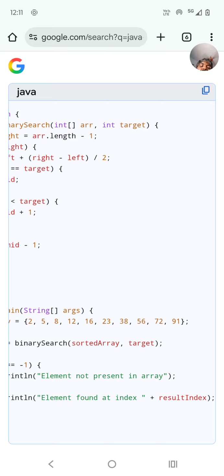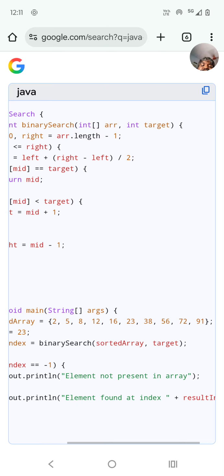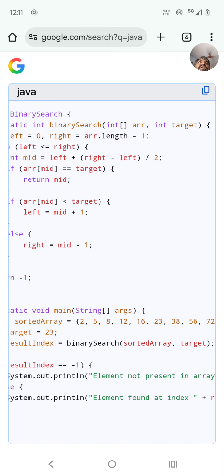If it is found, okay. If it is not found, I will go for the other half. So I will split things one by one. For example, if you take 20 numbers, in the first split I will get 10 numbers in the first half and 10 numbers in the second half. In the next split I will get 5 numbers, 5 numbers, and 5 numbers for the other part. And if you split 5 again, 2.5, we will round it, maybe you take 2 and 3 like that. So that's how we will split